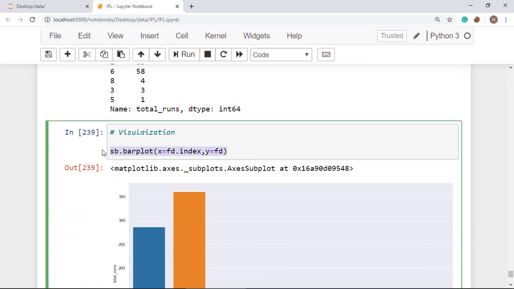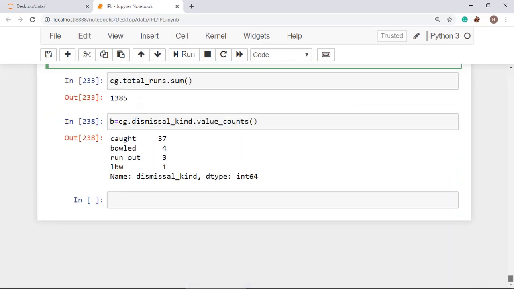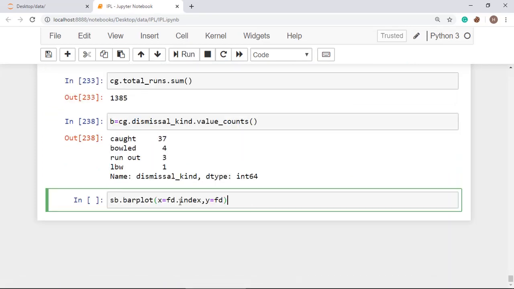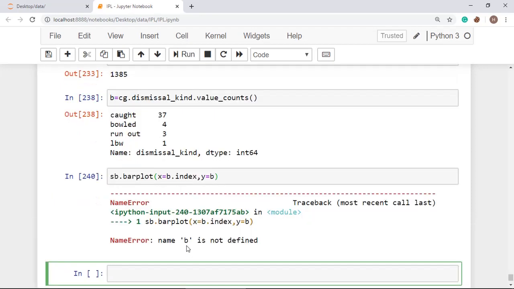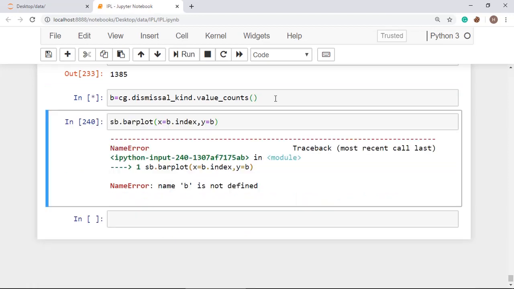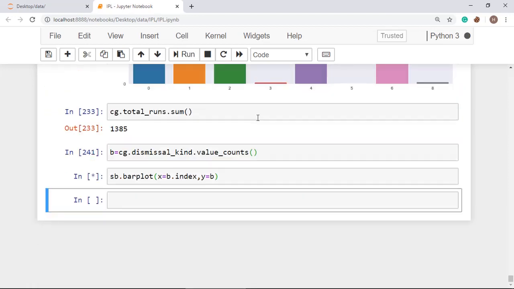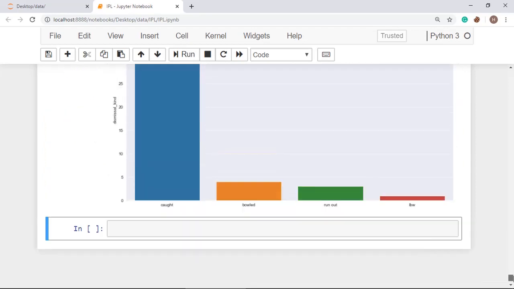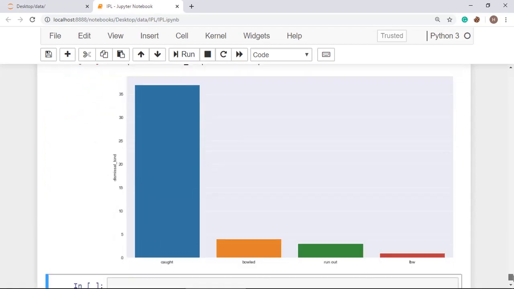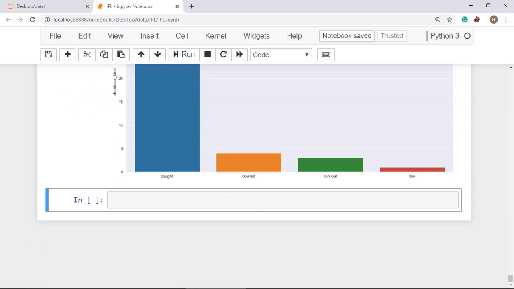So copy this and place it here, and remove fd, and in place of fd place b. Sorry, you have to run this cell again, and you will get a graph of how the pattern of dismissal kind is for the particular batsman.